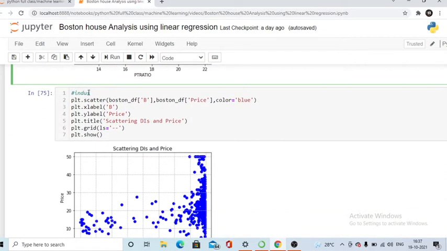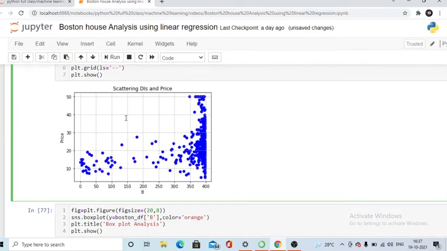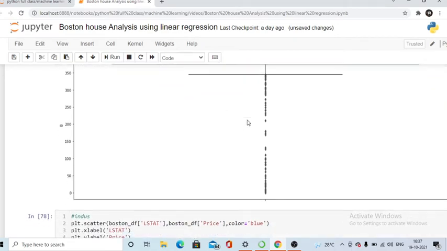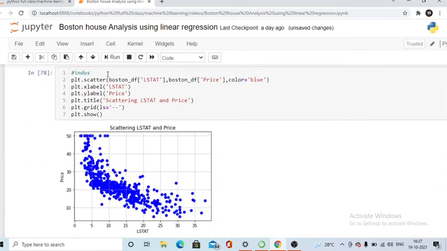And then we have B. It is the Boston house data set, right? It is basically based on American data. In America there are Black people also living, right? So with respect to Black people, how many of them are in each area, this type of calculation is there. If you go to the DESCR part of the Boston house data set, it is written there. So here we get DIS price, B price, like this. Now you can also plot this in a box plot. Then LSTAT is also very important.